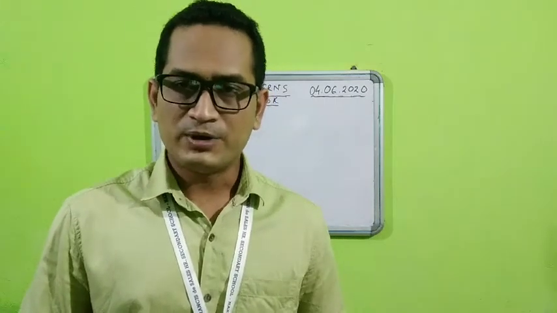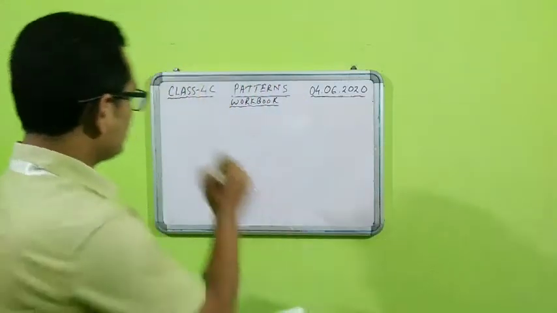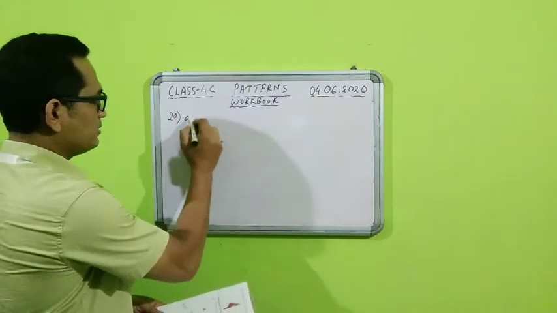Fine. Now, students, please take out page number 15 of the workbook, and question number 20 we are going to start right now. If you see, it is given: draw the other half of the given figures. One half is given and one line of symmetry is given, and we need to form the remaining half.